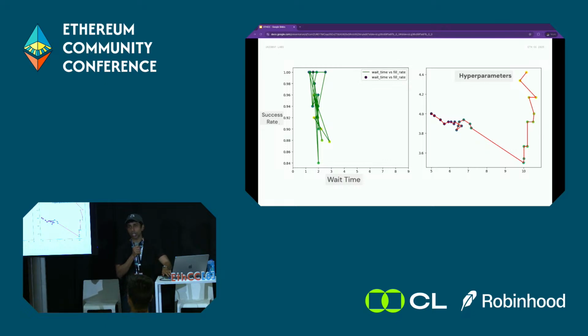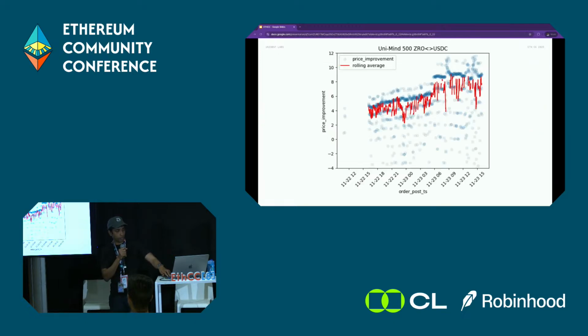Okay, but how does this come back to price improvement? I'm going to skip the math and just show you the result. This is the result. The clever thing about all of this, just focusing on these two signals, is that you can actually increase your price improvement over time. In other words, you can maximize the price improvement that you get for the user. And not only that, you also solve the problem of measuring price improvement. I'm not telling you exactly how we did that. We can talk about that after if you want.